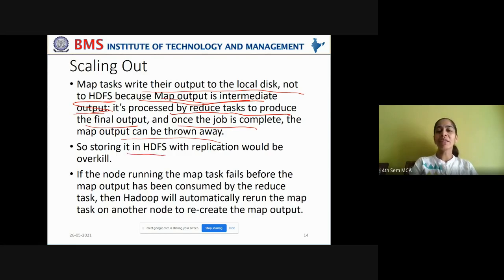So storing it in HDFS with replication would be an overhead here. It will be an overkill. Overkill means unnecessary process, right? So storing it in HDFS, that too with multiple copies to maintain the replication factor, is simply a waste of task, right? So if the node running the map task fails before the map output has been consumed,